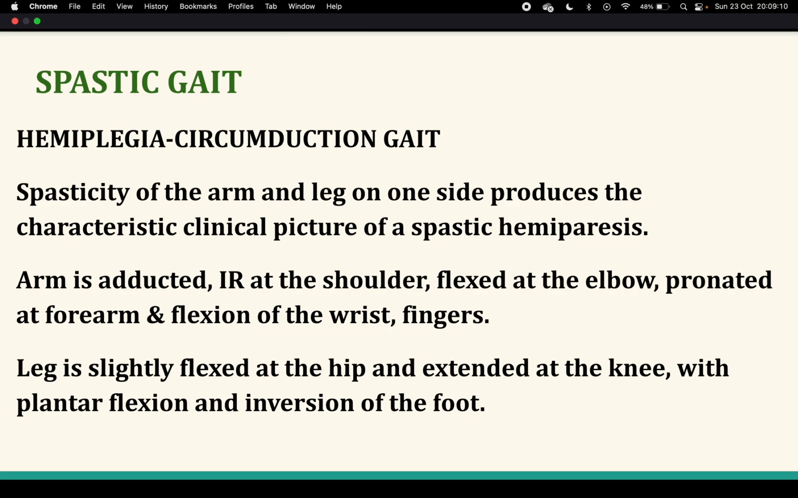We will see the spastic gait of the hemiplegia, or we call it a circumduction gait. Spasticity of the arm and leg on one side produces the characteristic clinical picture of a spastic hemiparesis. Arm is adducted, internally rotated at the shoulder, flexed at the elbow, pronated at the forearm, and flexion of the wrist and finger. The leg is slightly flexed at the hip, extended at the knee, with plantar flexion and inversion